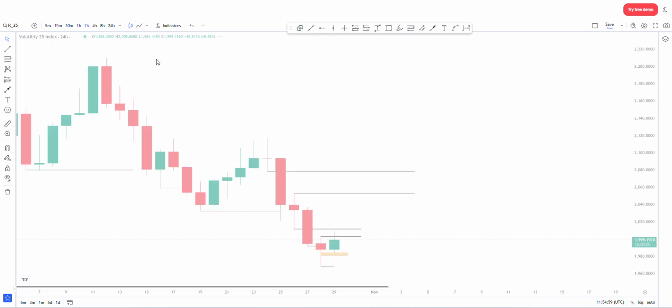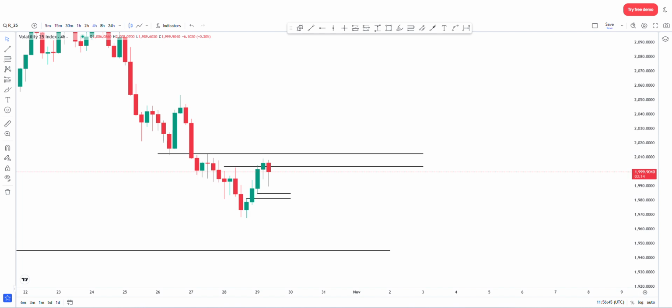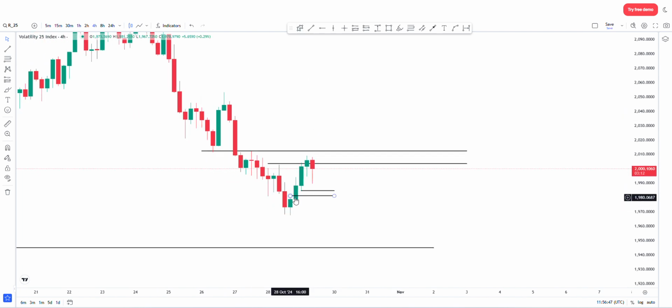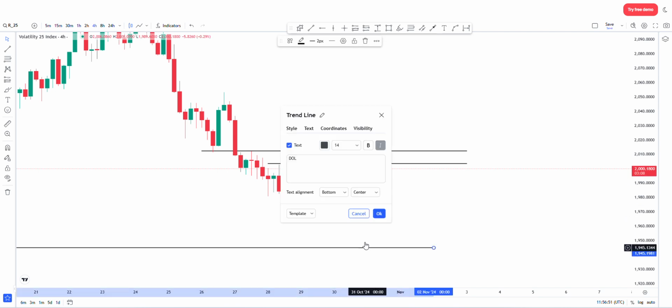So we are going to our 2 hour time frame. My network is disturbing a bit, but let's see. So we have our 4 hour fair value gap here. We have our draw on liquidity down here,